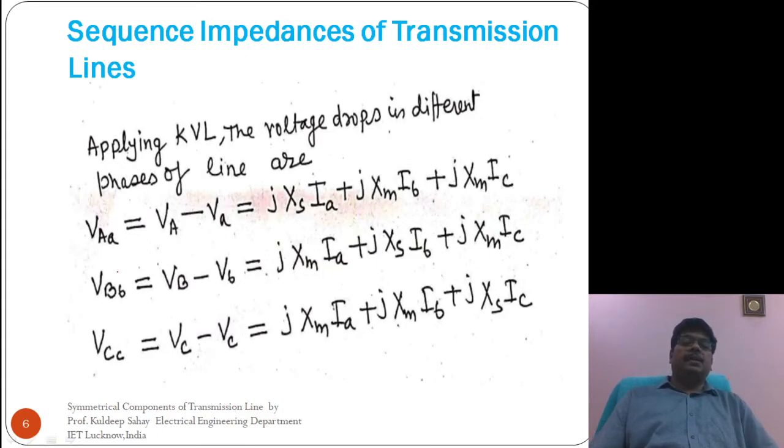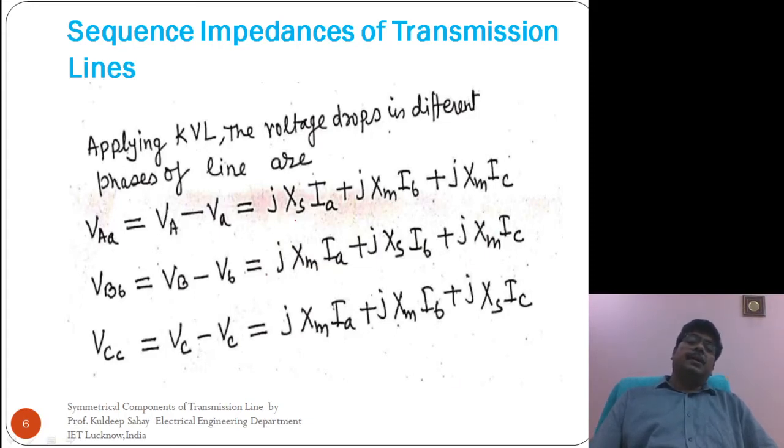So at the receiving end, the voltage drop in line A will be VA minus VA dash. For phase B, it will be VB minus VB dash. For phase C, VC minus VC dash. So for phase A,